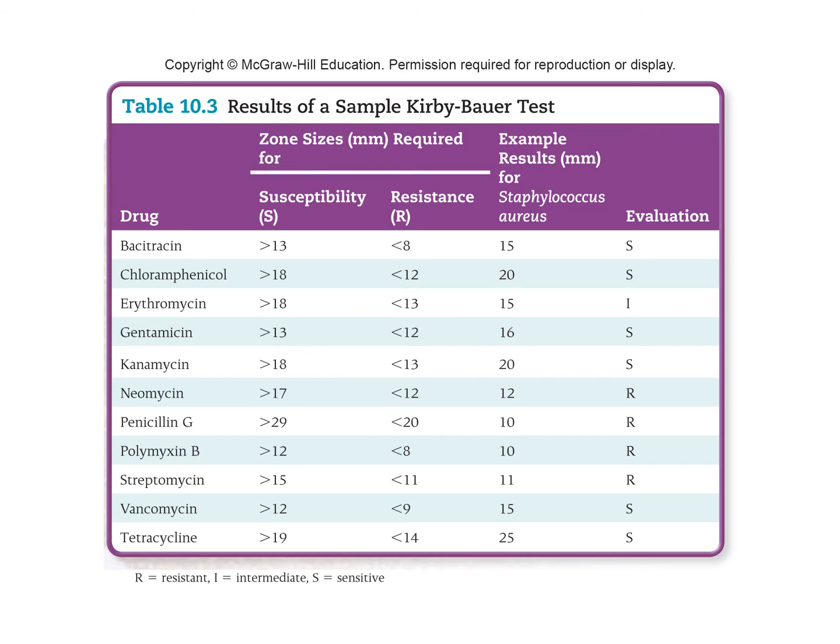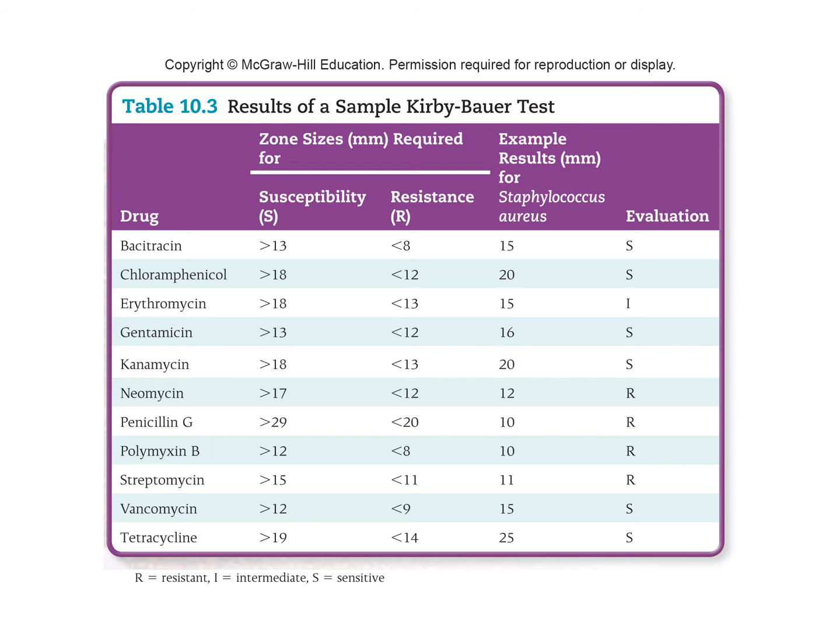So if you look at erythromycin, the actual result for Staph aureus on this test for erythromycin was a zone of 15. Well, above 18 is what we would need for it being susceptible to use it. And below 13 would be we can't use it at all. So it's that I, which if you look at the bottom, it tells you what the letters stand for. So it's intermediate. So it's one of those ones, I'm going to be honest, we probably don't want to use because is it going to be effective? Maybe, but how effective? Probably not too great.